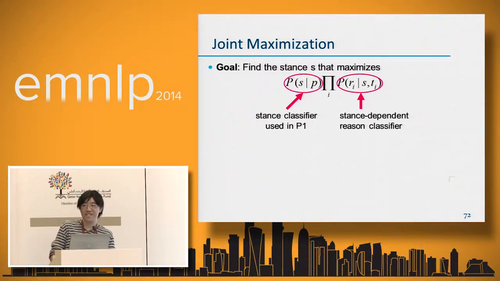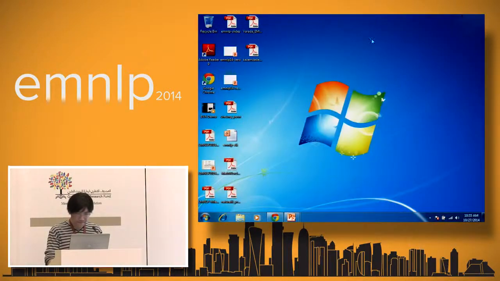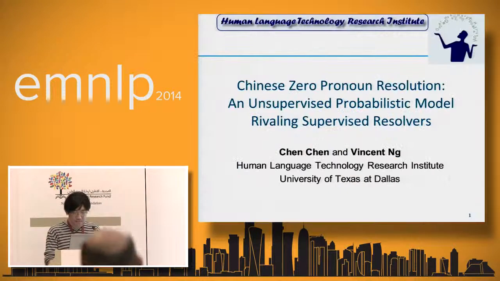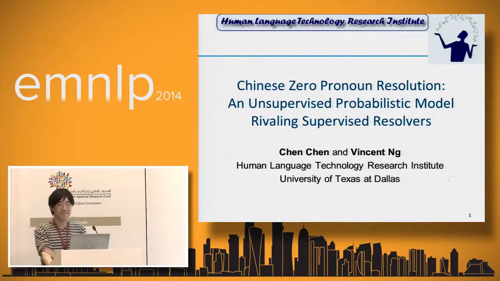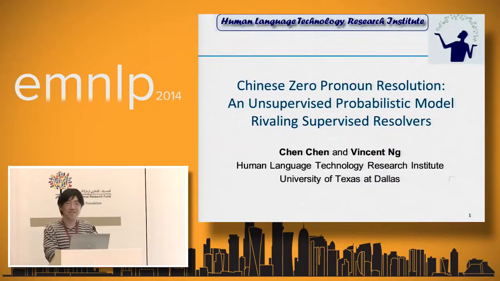Okay, so we'll have to move to the second talk. Let's first thank our speaker. Thank you very much. And it so happens the second talk will also be given by Vincent. The title is Chinese Zero Pronoun Resolution, an Unsupervised Probabilistic Model Rivaling Supervised Resolvers, work done by Chen Chen and Vincent, and Vincent is going to give the talk again. Apparently, not too many people are interested in Chinese. So